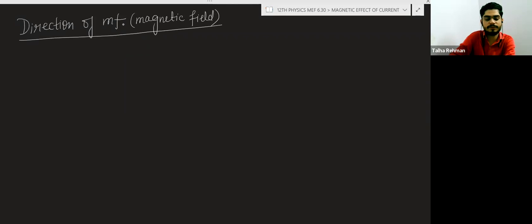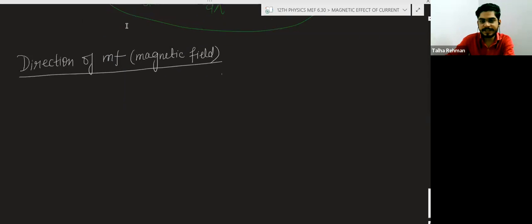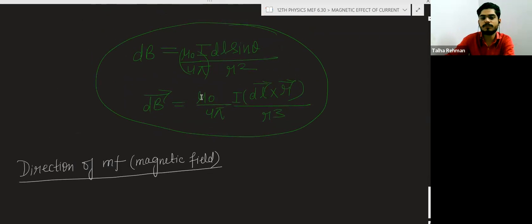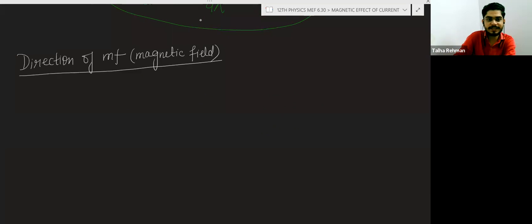How will we calculate the direction of the magnetic field? First, the direction can always be given by the vector formula. Always. So write the vector formula for the direction: mu naught divided by 4 pi into I dl vector cross r vector